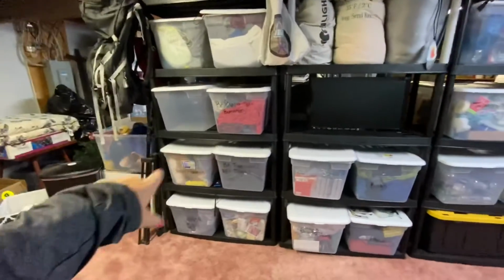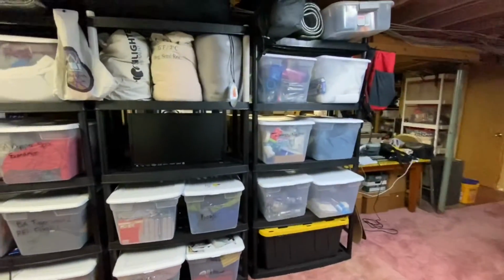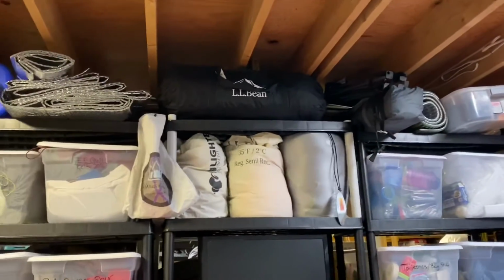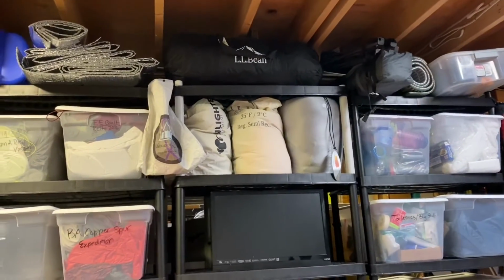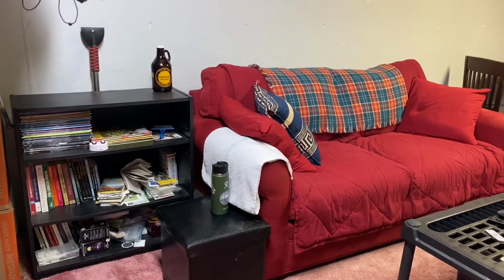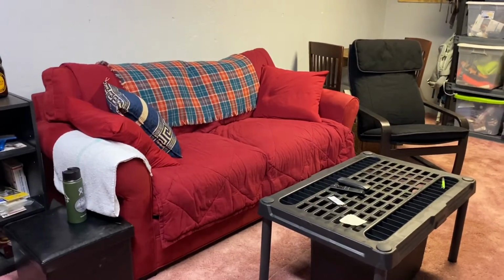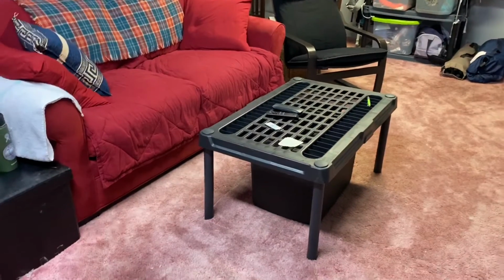So I did end up with some empty bins. Some bins are not labeled again. I definitely will get to that. Up top, I have a brand new addition, and it's the LL Bean Vector 6XL, 6-person tent that I can use for the kids while camping. Over here, I have a shelf that has all my magazines, my trail books, trail maps, some other reading material. Added benefit of my sofa is down here, and one of my IKEA chairs, and just some leftover plastic shelving